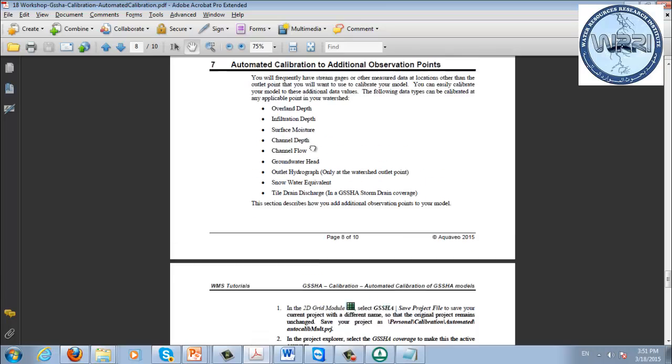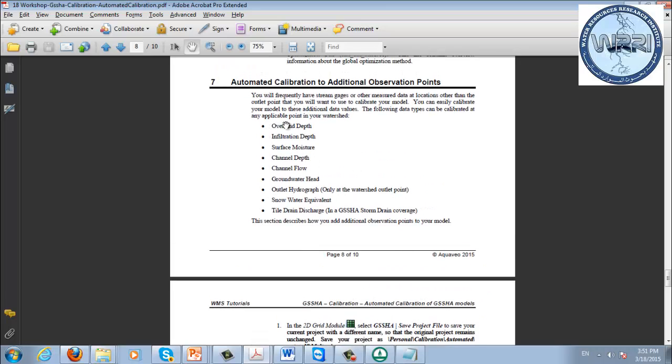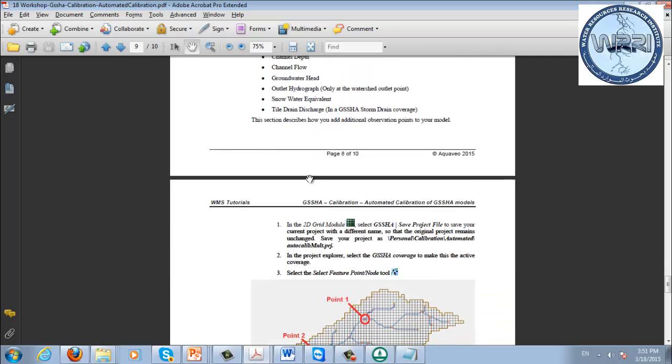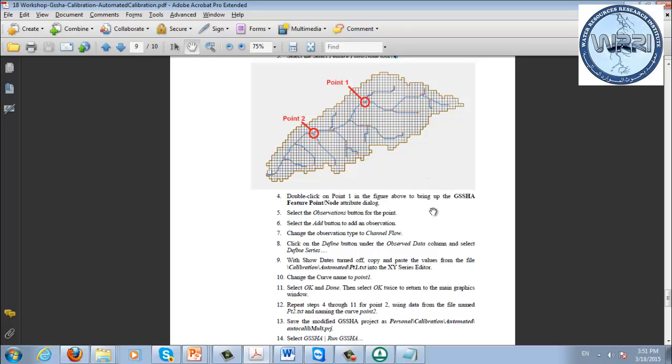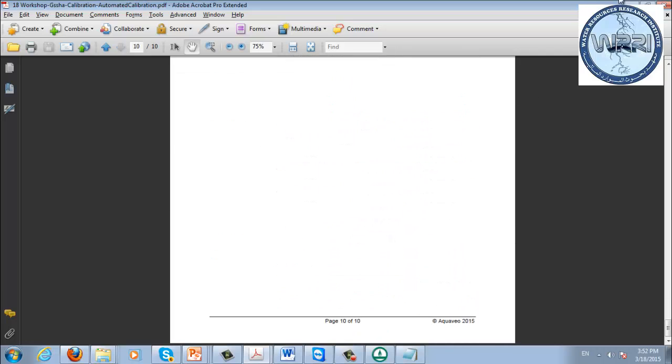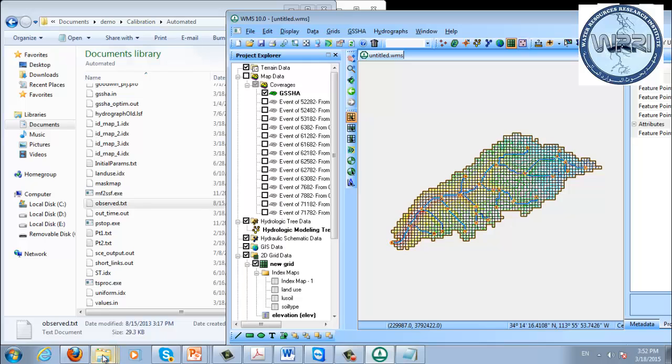And these are the different observations you can calibrate to. So you can calibrate to overland flow depth, infiltration depth, surface moisture, channel depth, channel flow, groundwater head, outlet hydrograph, the outlet point, snow water equivalent, which you probably wouldn't use, and also tile drain discharge. You can calibrate to all those different observations, and it explains how to calibrate to those observations. So that's calibration. That's all I want to say about that. The other thing we're going to talk about is